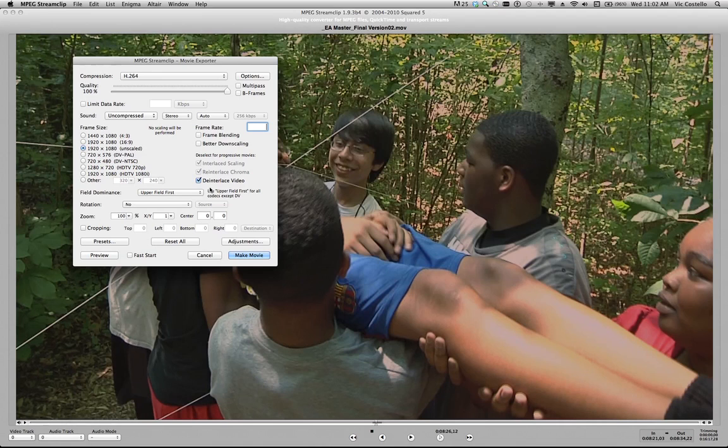Over here on the right I have the option to deinterlace the video, or I can leave it interlaced. I'll go ahead and deinterlace it, and I have some other options down here that I'm pretty much going to ignore. You don't have to be an expert at understanding what all of this jargon is, but there are some basic things that you have to think about when you decide to export video into a different codec or into a different format. I'm going to go ahead and choose the Make Movie option,